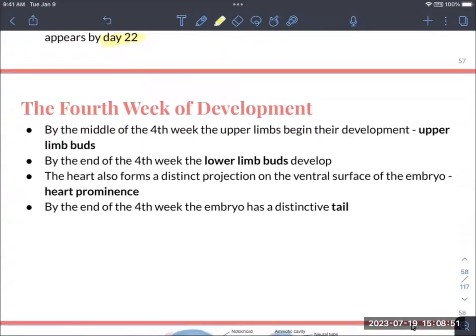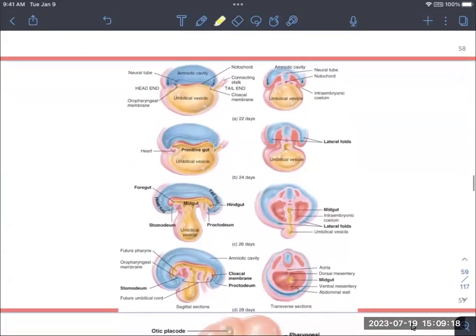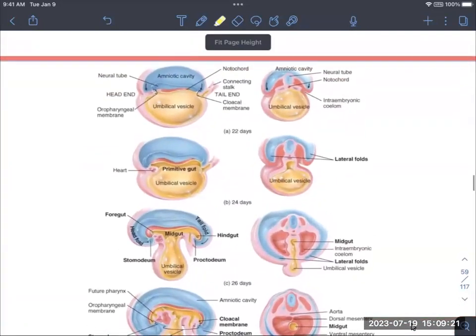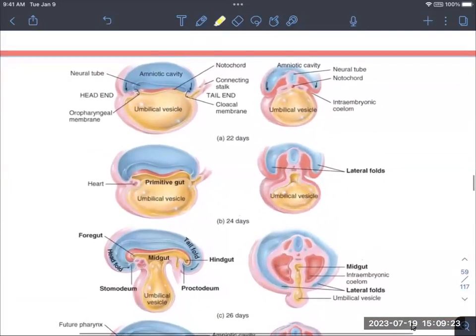So by the middle of that 4th week, we start to see upper limb buds. We also see lower limb buds. So our arms and our legs start to develop. The heart forms this distinct projection on that embryo surface that gives that heart prominence. There's also a distinctive tail by the end of the 4th week. So we can see as all of this is happening, we can start to see